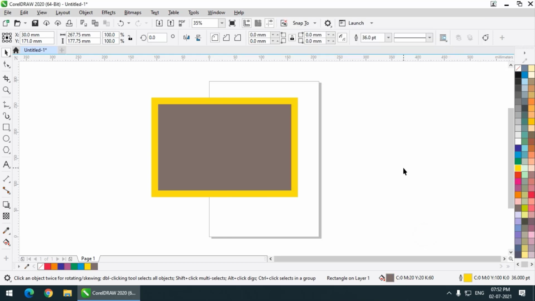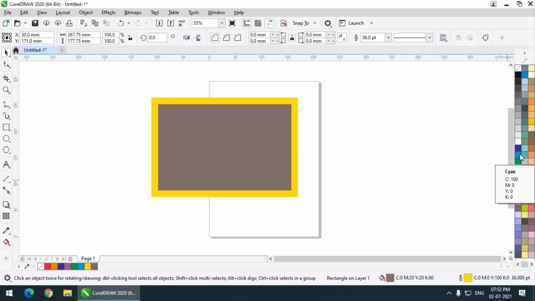And while we are at it, we can see some values over here, CMYK. So these are basically the color modes that we are also going to discuss in a future video. But for now, these are the values: cyan, magenta, yellow, black. K is black, or some people call it the key color. But remember, these are the color values. We are going to discuss it in future videos. You can see here, or if you just place your cursor over here, you can also see the color values